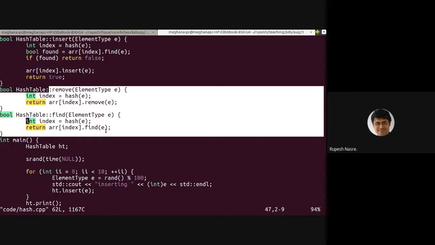All right, so we looked at the code. Any questions on the code? Okay, then we are going to compile this program. G++ file name, right? The file name was hash.cpp. Okay, will this compile, not compile? Any suggestions?